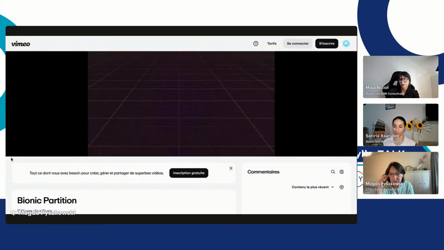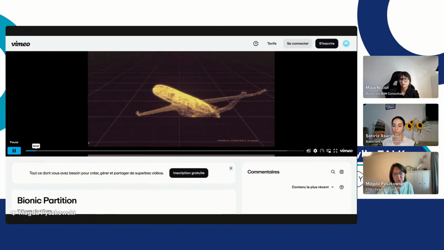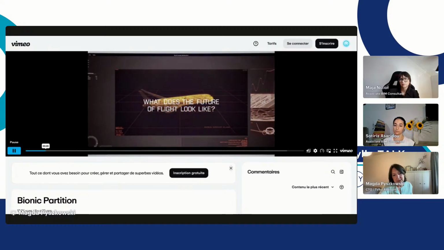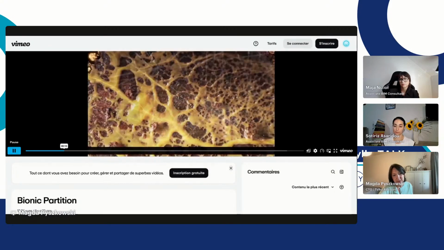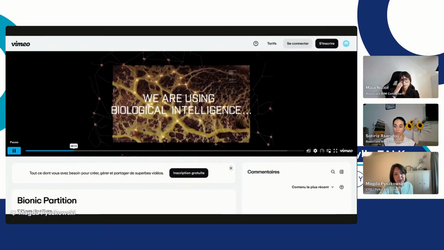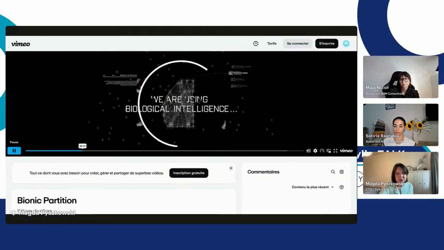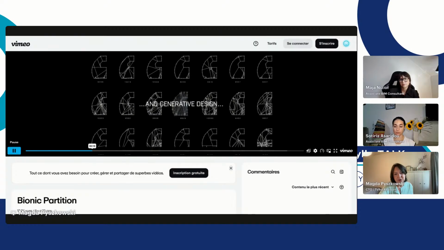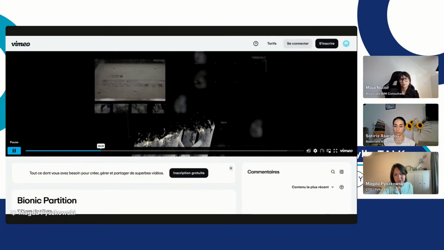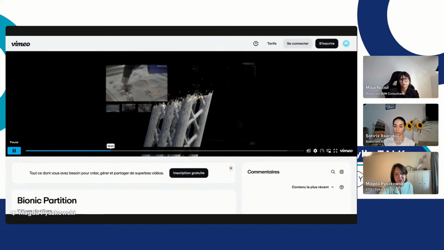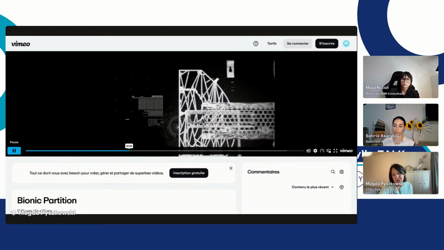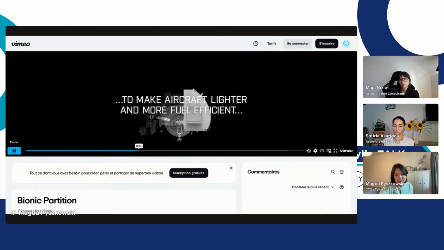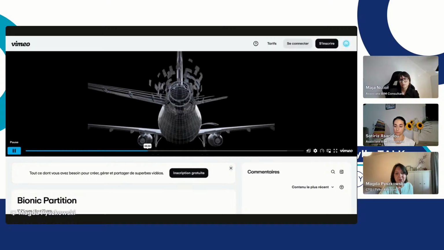Yes, we can see your screen. This is just a project that was done by one of the main players in the BIM environment, Autodesk, with the Airbus team, to find a way to provide a plane which is lighter. This is one of the topics for planes, which are very heavy: how we can use AI to simulate the new structure of the plane. This plane should be delivered by 2050, so it's around 15 years from now.